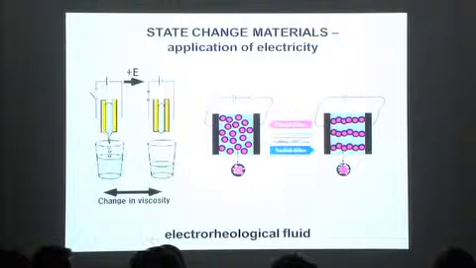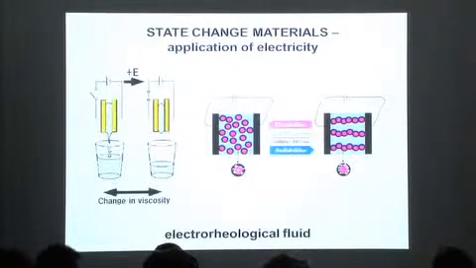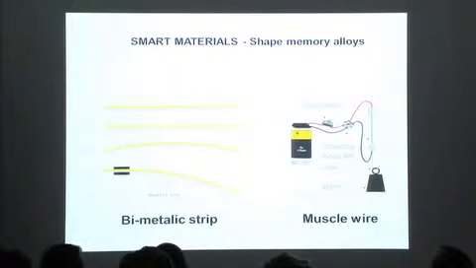You now have state change materials. You can send an electronic impulse into the material and make it, for example, change from liquid to solid, which can control all sorts of things, can do shape changing as well as other things. You have all sorts of smart materials that can also do this